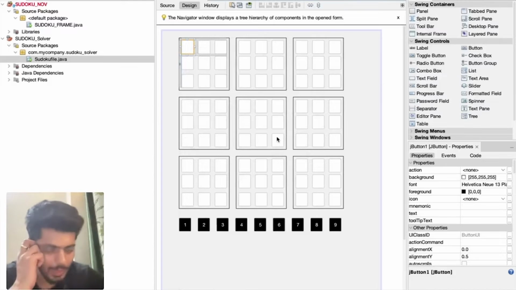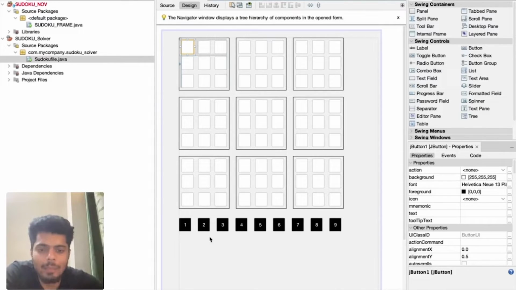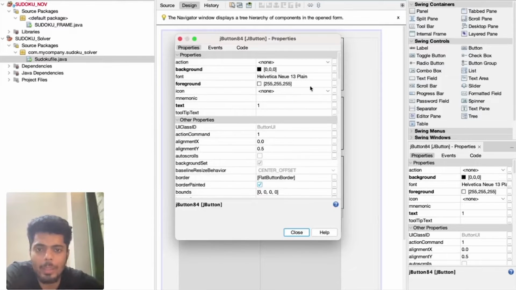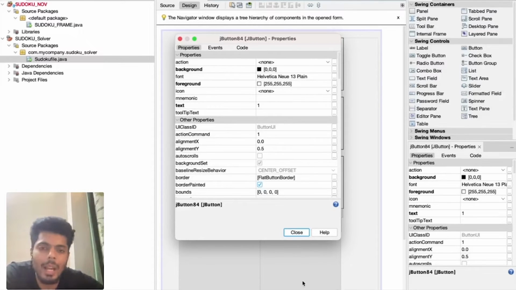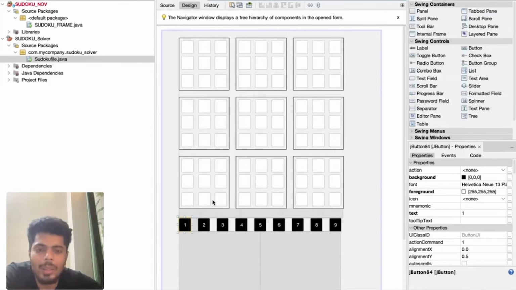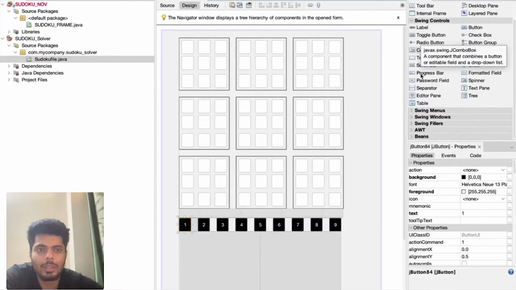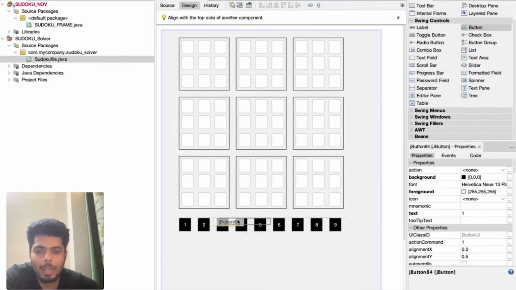Yes, and I added these 9 buttons also, and in the properties I changed the background to black and the foreground to white, because I want the text in white color and the background in black color. Of course, you must have seen that when I select any of the buttons, it turns blue. By default, one will be blue whenever the execution starts. Of course, that we will take care of in the code. Now I just kept all the buttons as black only.